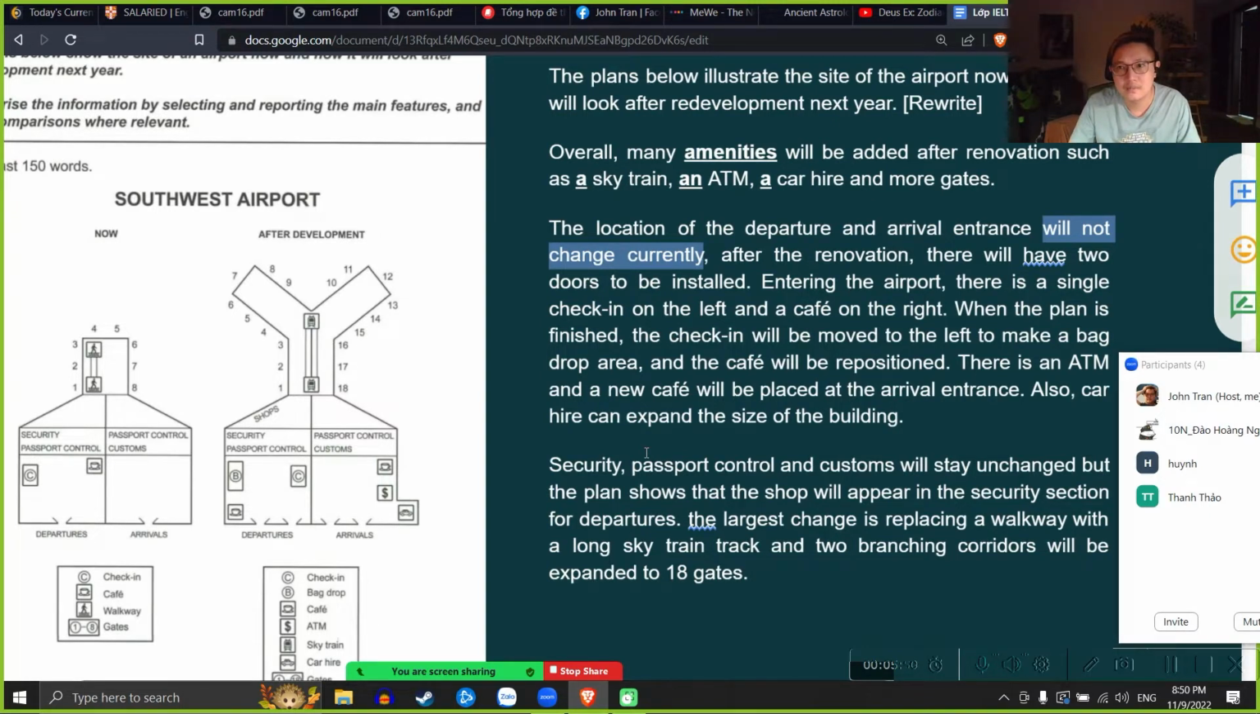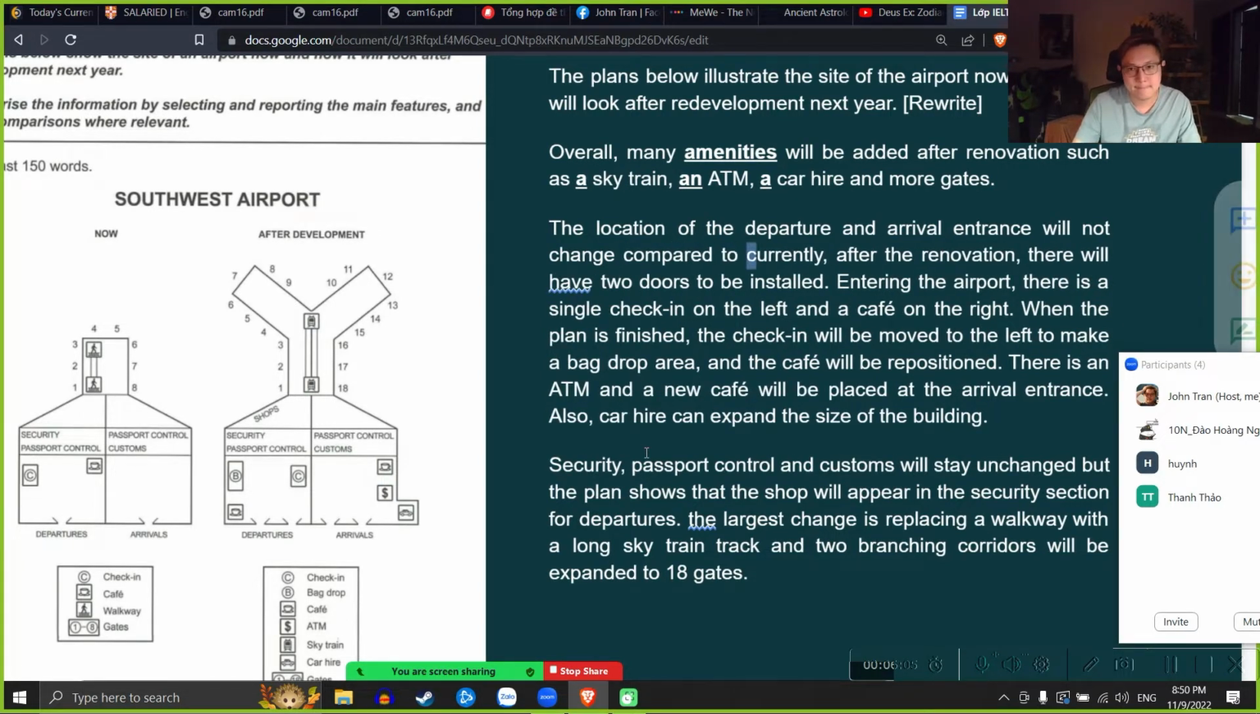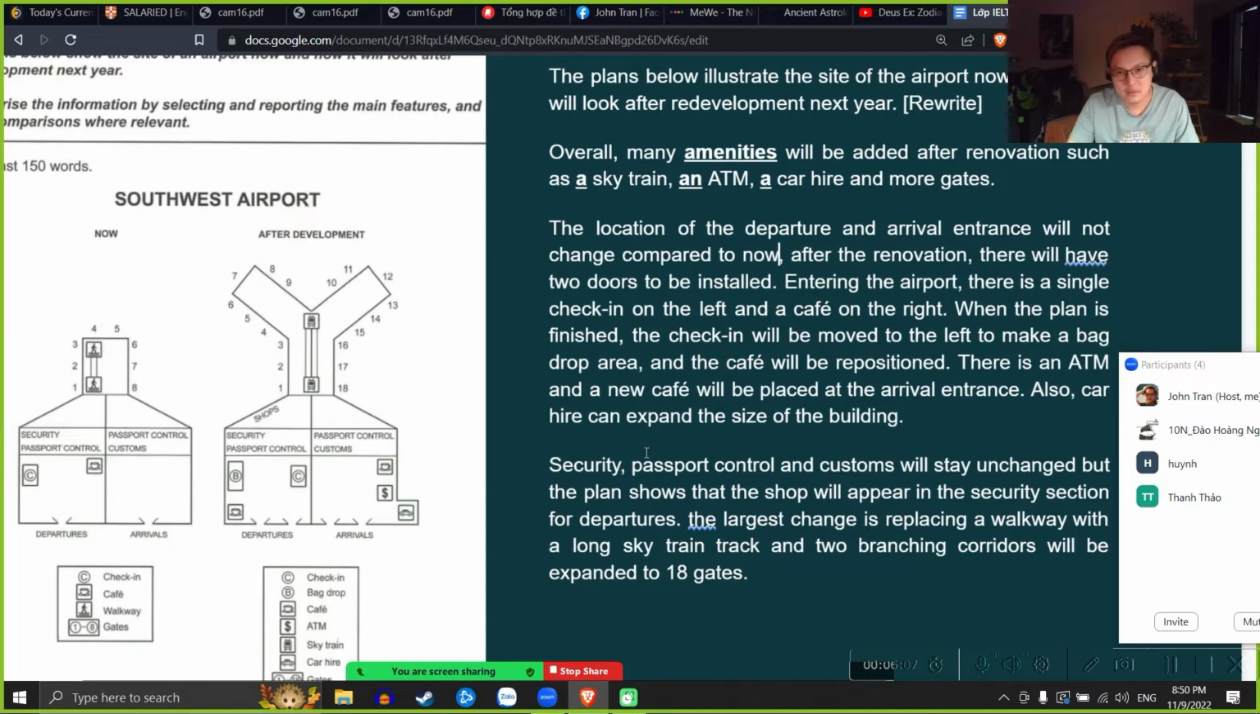Ý em là nó sẽ không thay đổi như trong hiện tại, thì em phải ghi ra rõ ràng. You have to write it exactly what you want to say. Will not change compare to now chẳng hạn. So sánh với bây giờ. Nếu được so sánh với bây giờ thì là mấy cái này sẽ không thay đổi. Sẽ không thay đổi nếu được so sánh với bây giờ. Will not change compared to now, but